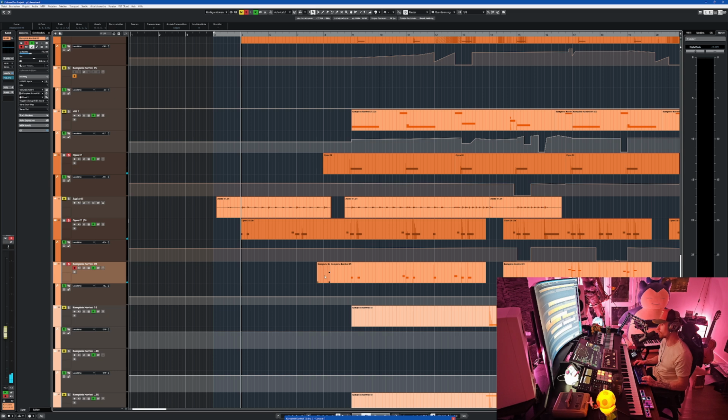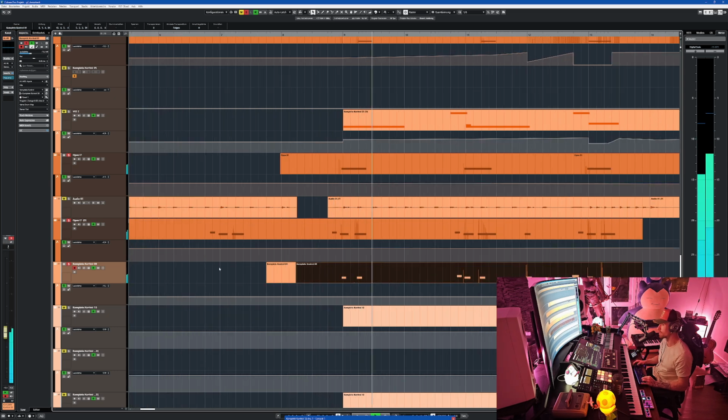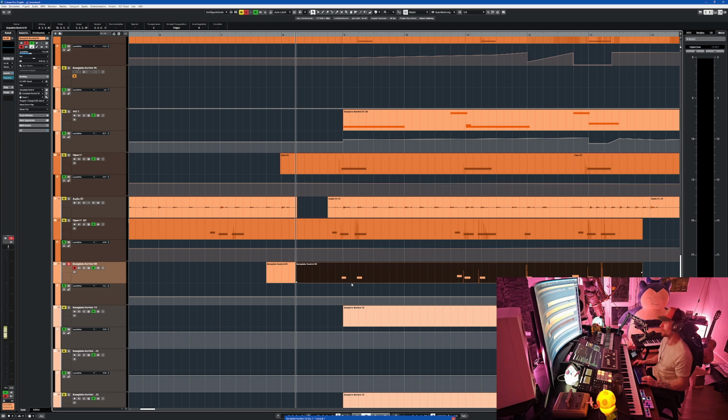Do you hear this on the right or on the left? The brass is on the left. Oh, yeah, I remember this problem from early this year when I did the second stream of the year.